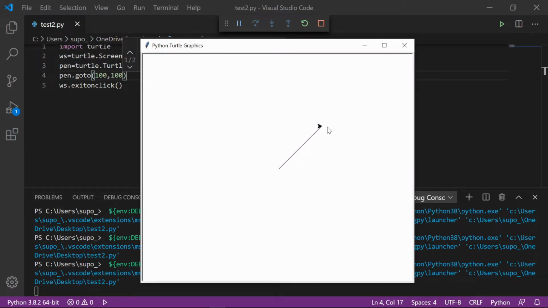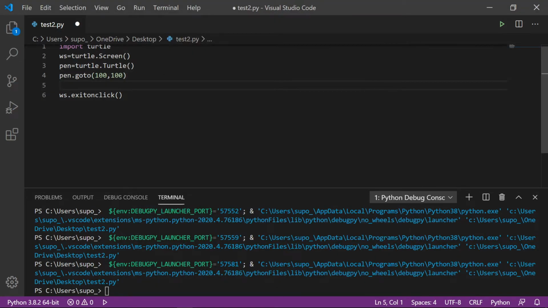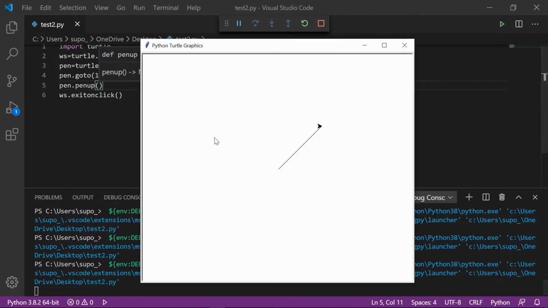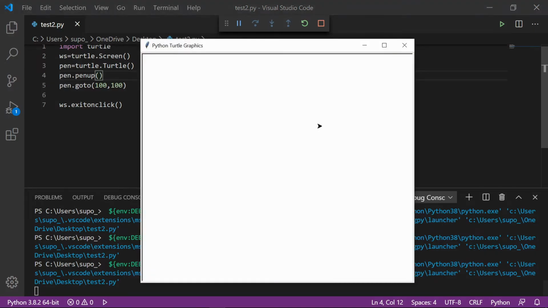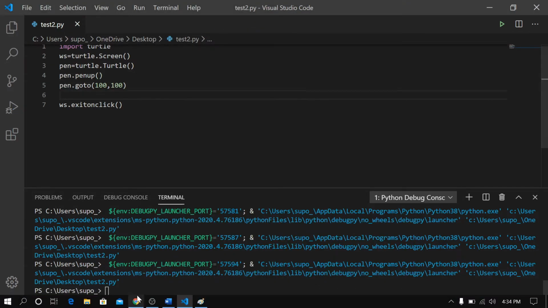Okay, you guys can see how our pointer moves from our home position to 100 100. That means it moves 100 on the x-axis and 100 on the y-axis. Okay, and we have to remove this line. So for that you can do something like pen dot pen up, I guess. Let's see what happened. Okay, yes, you guys can see how it is not showing that straight line. And from here you can draw the shape, and for that